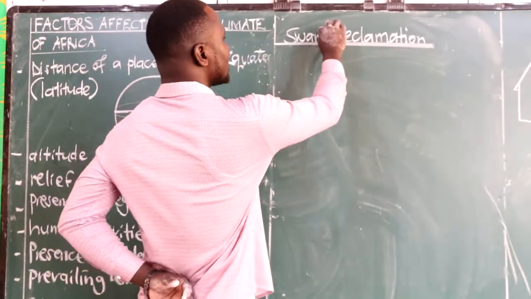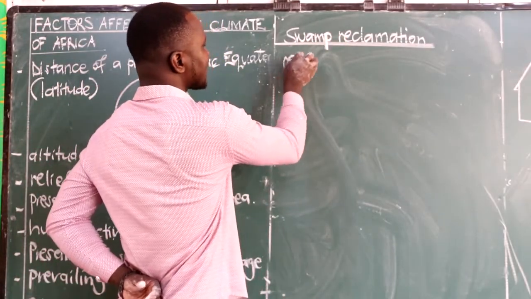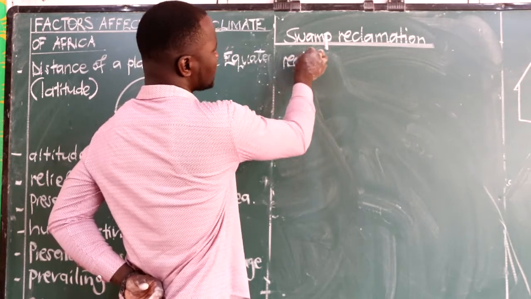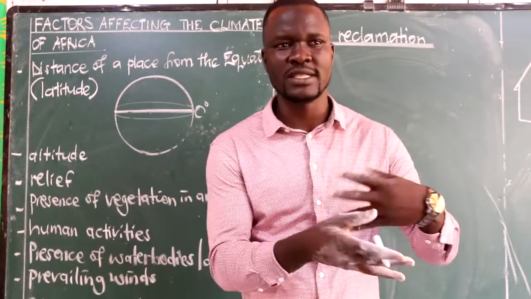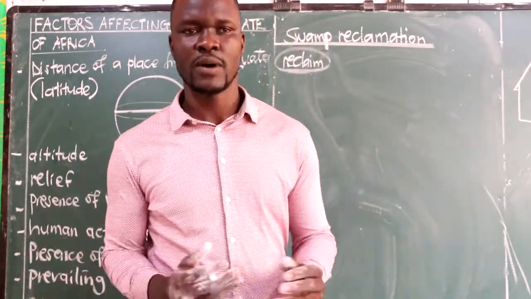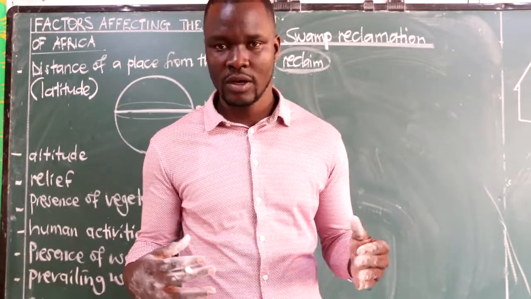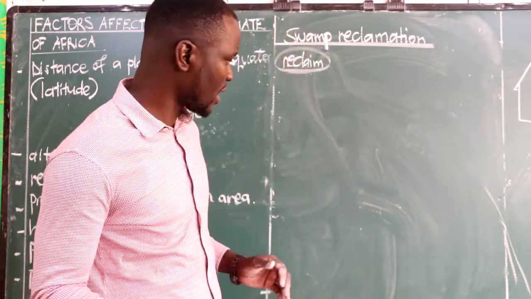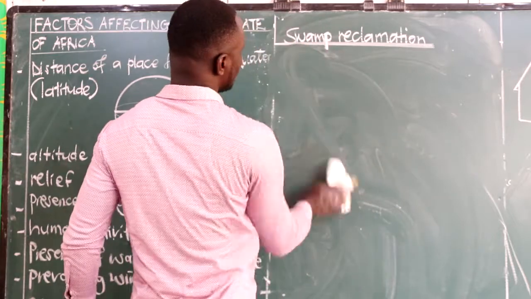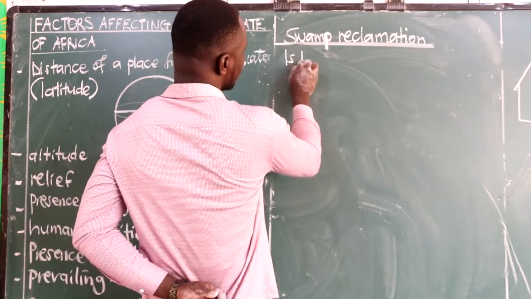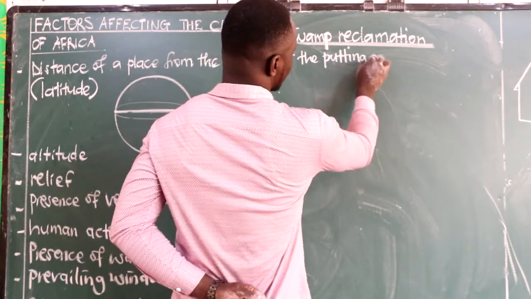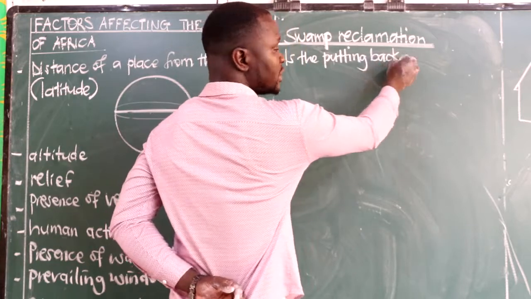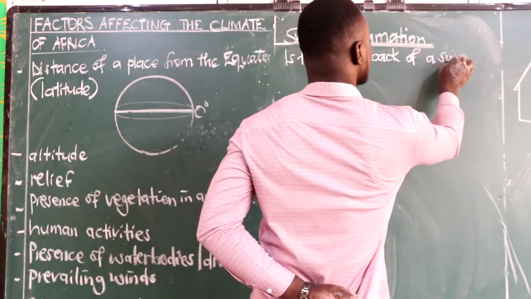So, swamp reclamation, we are looking at from the word reclaim, which means to put back something which used to be there. Something was there but was affected, was removed, was destroyed. Now we are putting it back. So in the simple understanding, we define swamp reclamation as the putting back of a swamp